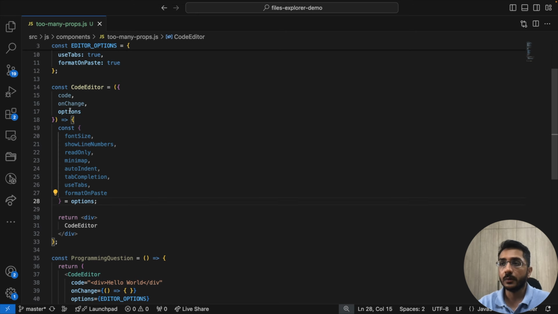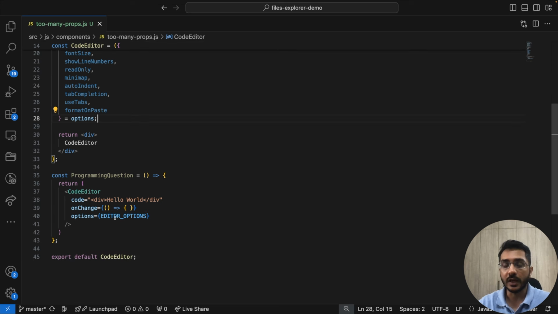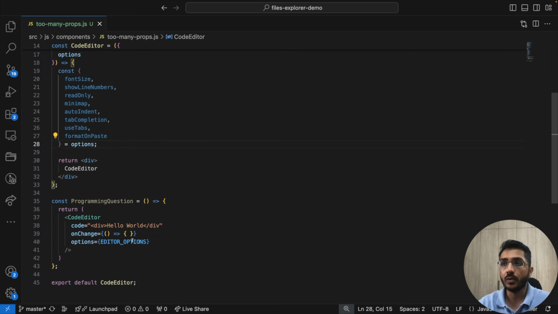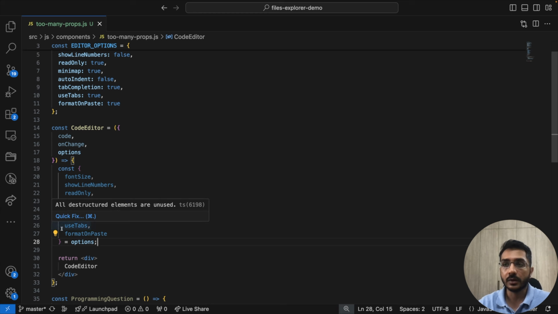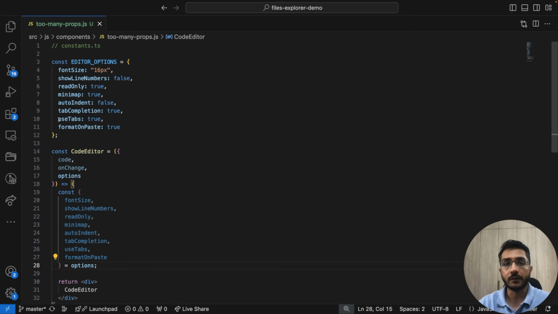And here we can define all sorts of default values if we want. Let's say if the user is not passing a certain prop, we can define the default value. Plus, since we have taken it out into a constant, now we can use it anywhere. Earlier we used to have individual props, so we had to pass individual values. Now we can just pass an object which we can define in one place and reuse across our apps. So this improves our readability, this decreases the prop size, and it sets a good standard for the future development